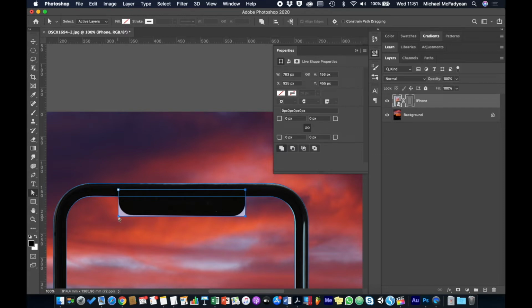Okay, then I'm going to go back to the path selection tool, and I'm going to uncheck this so that my corners don't all change together, and I'm going to change just the bottom two here. Going to go a bit there. Okay,